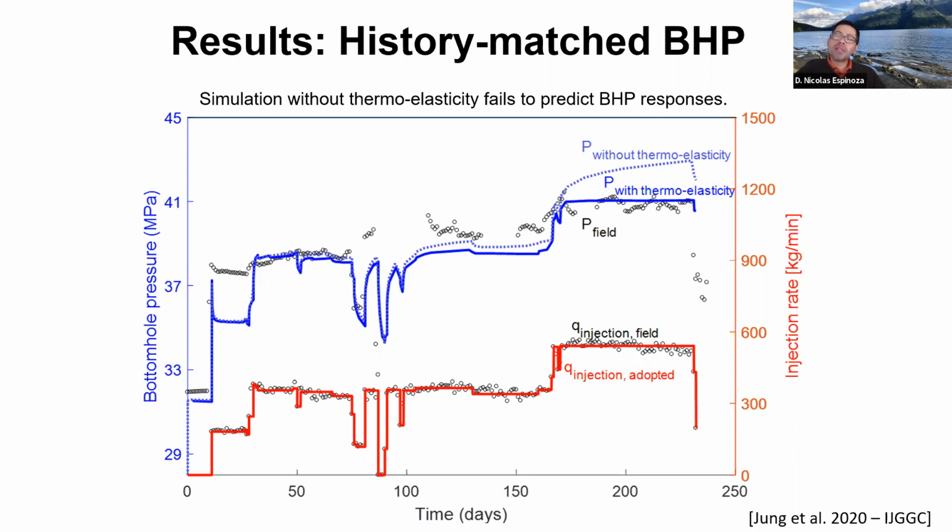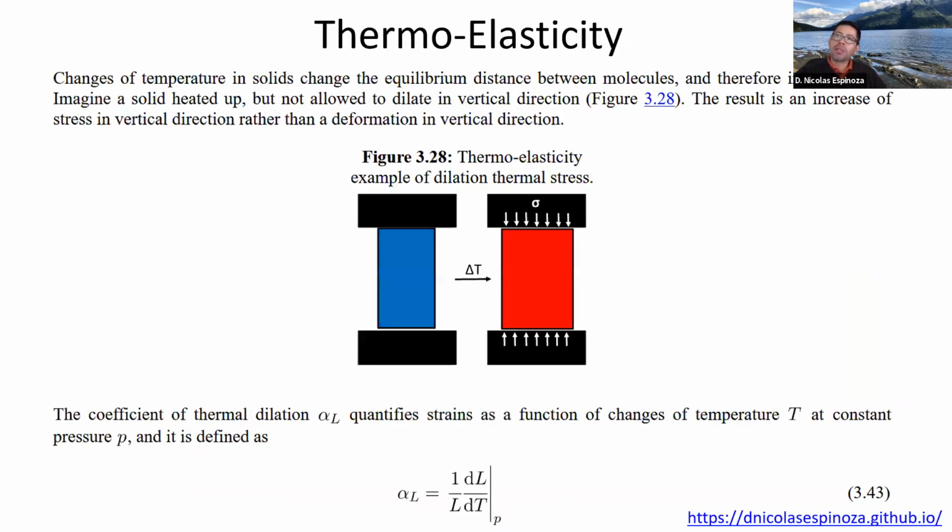Well, it depends a lot on the type of rock, right? Because the stiffer the rock, the more thermal stress is going to develop, and the softer the rock, the less stress is going to develop. Actually, these thermal stresses are going to be proportional to the thermal dilation coefficient and to the Young modulus of the rock. So in this sense, if we look more at the practical application of this,